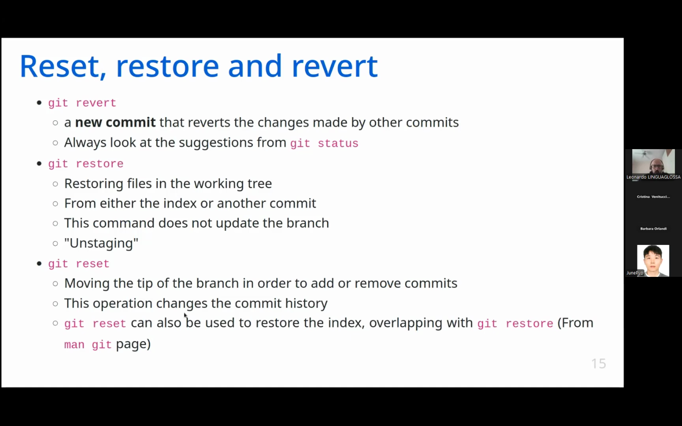Some of these commands have shared functionalities with others. For instance, git reset can also be used to restore the index, so to completely unstage files. So it overlaps with git restore, and Git prefers to have multiple ways of doing the same thing rather than having a single way of doing the same thing. So an example that I can do